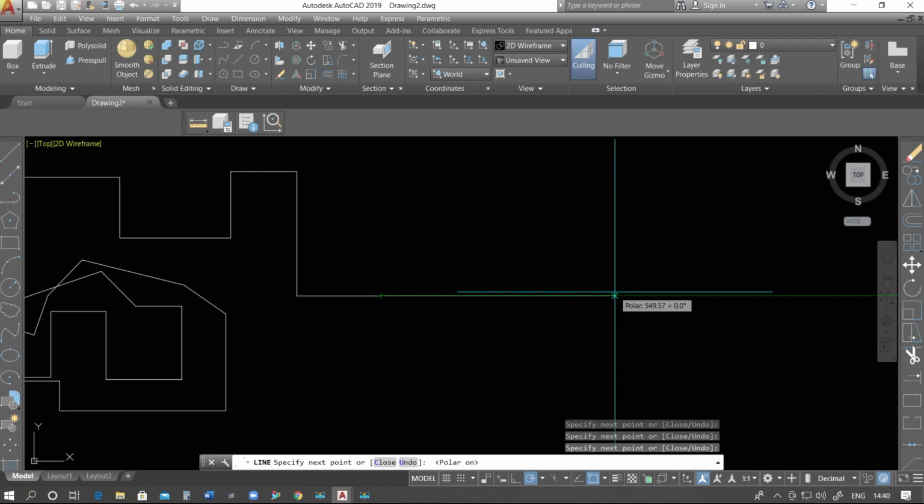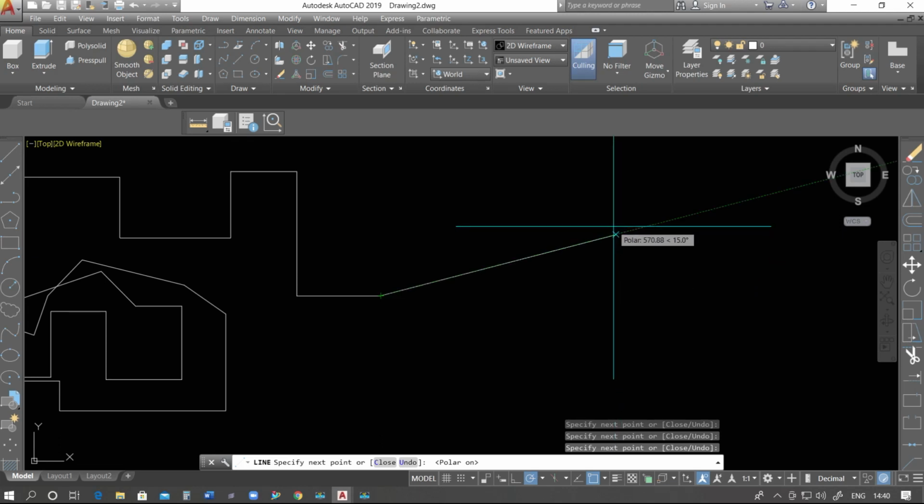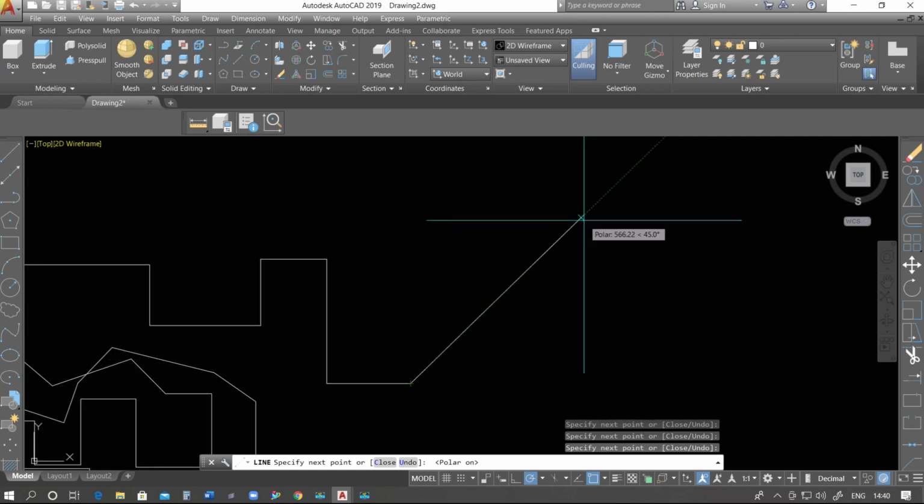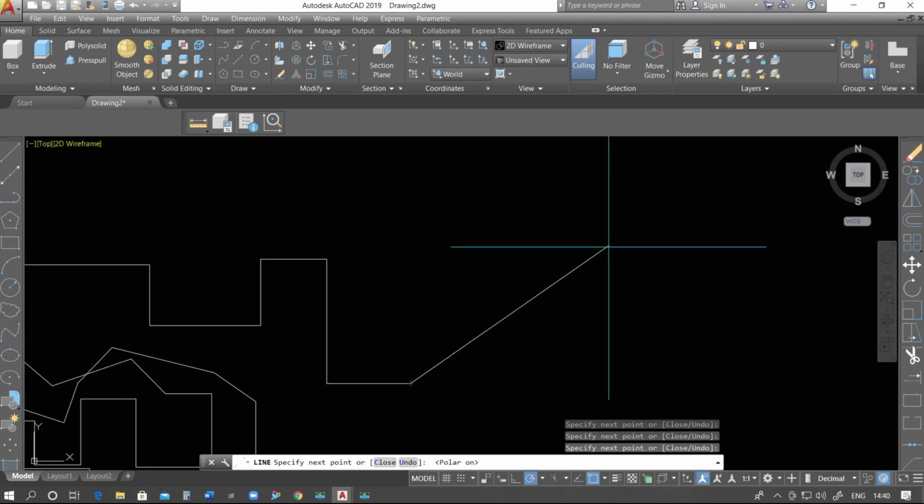Here we have the same format: the polar length is 549.57 and the angle is 0 degree. Suppose I want to draw a line at an angle of 40 degree. How to do it? We have 15 degree, we have 30 degree, but is 40 degree visible?